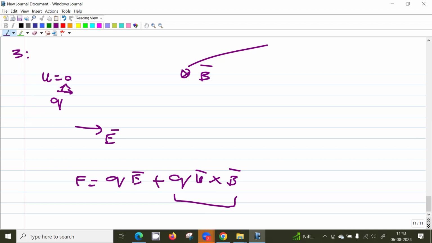Motion of charge, they consider different cases, no? Very good. Case 1. Yeah, they consider 4 cases. So in any case,